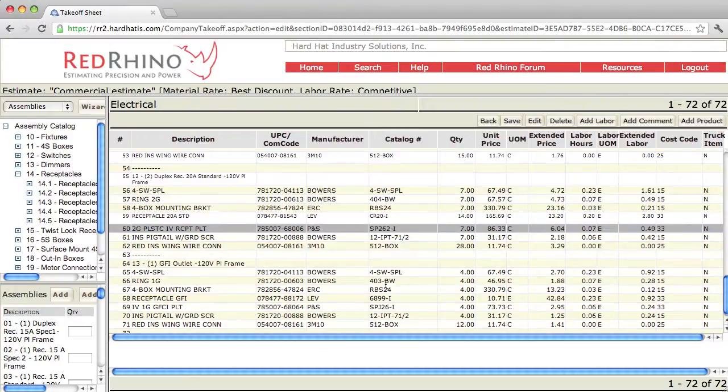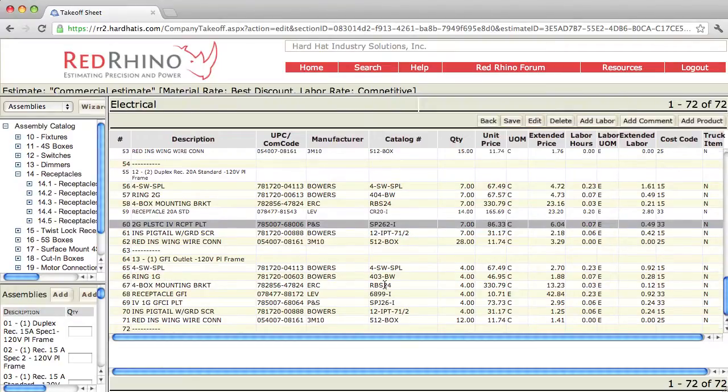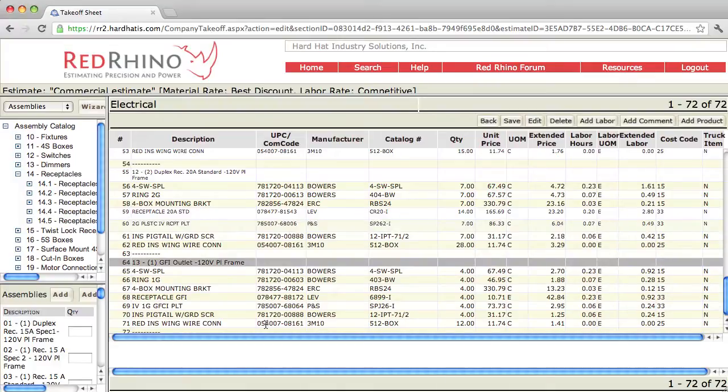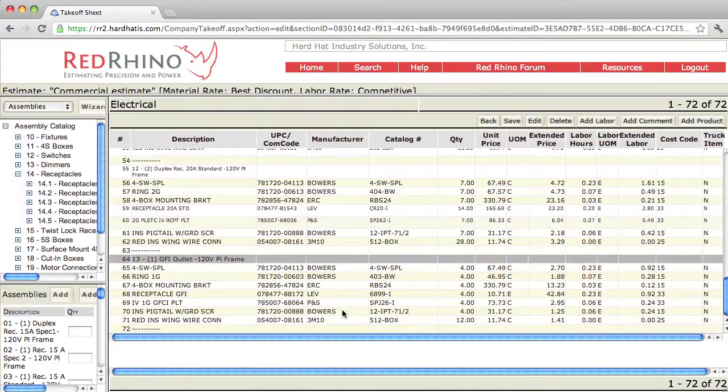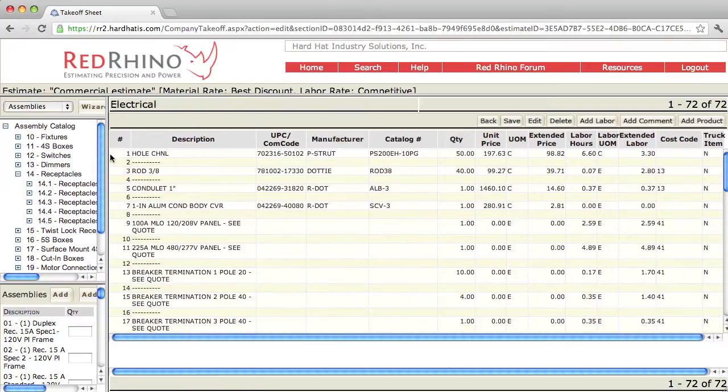Now, scrolling down here, finally, we input a GFI receptacle assembly. Line 64 is a description of that. The components are below that. Now, I want to explain something here. When you're using Red Rhino, you locate the assemblies that you want to use and input them. In order to feed these with conduit, I use the Conduit wizard. Okay, I'm going to save my work here, and I'm going to go back and demonstrate how to use the